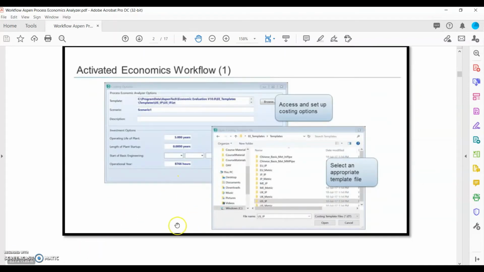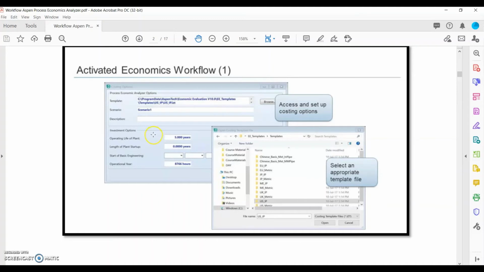So the first step is to select the template, because the plant can be built in different countries. Different countries have different costing, different base prices, different civil costs, different utility costs, and so forth.